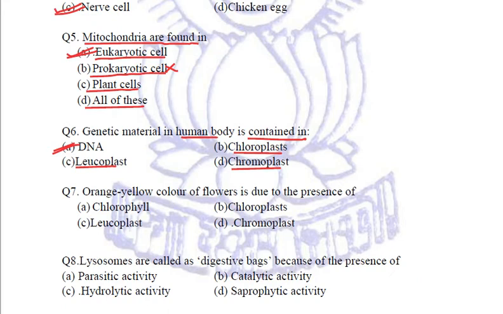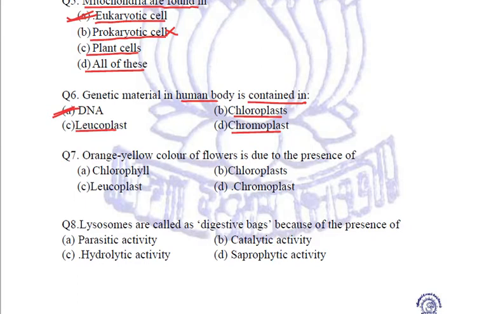Fine. Next question is, orange yellow color of flowers is due to the presence of, is it due to the chlorophyll? No, it is a green colored pigment. Chloroplast again helps in photosynthesis. Leucoplast are the colorless plastids. The correct answer is chromoplast. These are the colored plastids which impart color. So this orange yellow color of flowers is because of chromoplasts,